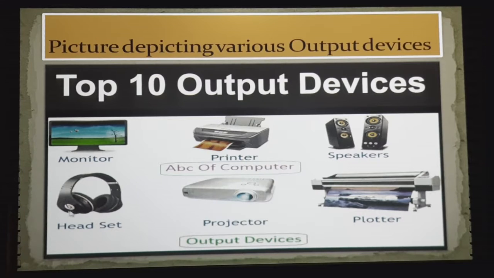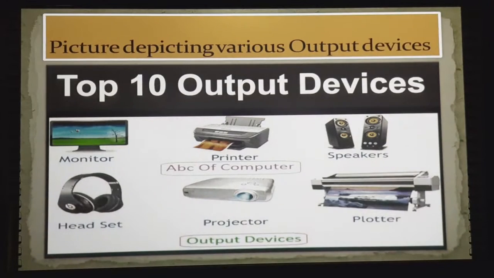Headset gives output in the form of audio. Similarly, the projector produces outputs by means of a flash which will display whatever task is being accomplished on a large screen. And then the plotter. Plotter is meant for large architectural designs. Whenever there is a need for taking printouts of large architectural designs or producing large maps, in such situations we may go ahead with the plotter. So these are several input and output devices that have been discussed till now.